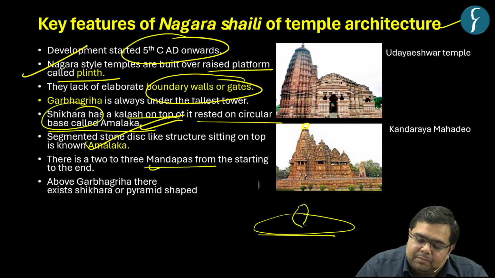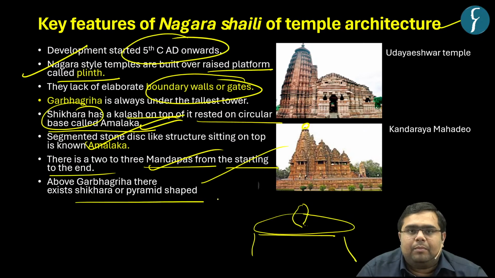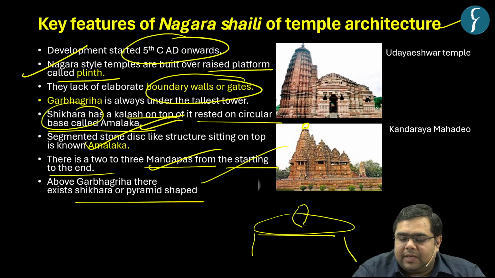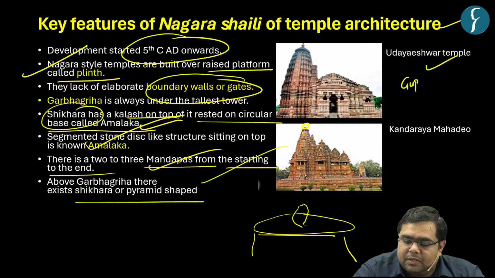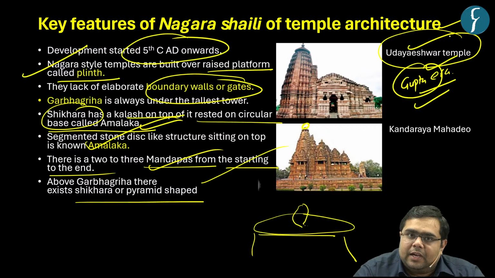Then there are 2 to 3 mandaps from the starting to the end. And above the Garbhagriha there exists a Shikhar, or pyramid shape. We can seek the origin of this Nagara Shaili in the Gupta era, right? So Guptas were considered as one of the biggest patrons of Nagara Shaili of temple architecture, and perhaps the oldest surviving temple in the Nagara Shaili is found at Udayeshwara temple, which is located in Madhya Pradesh. It was made by the Parmara kings, that is the brother of King Bhoj of Bhopal, and then